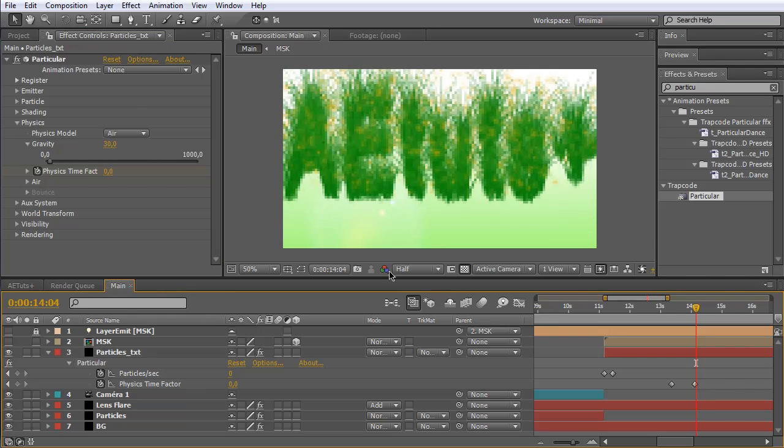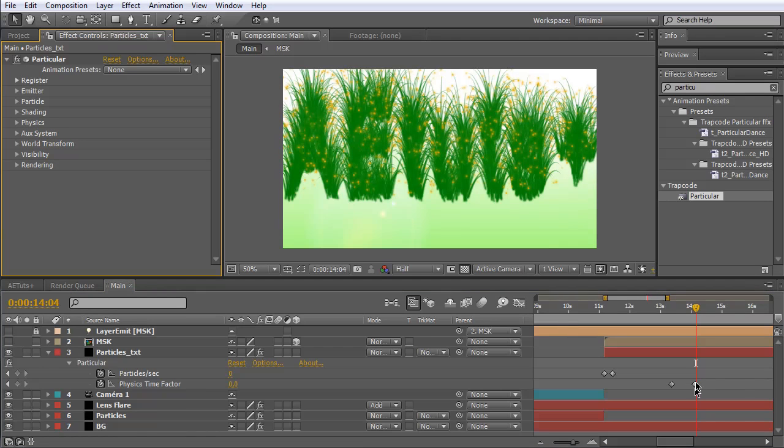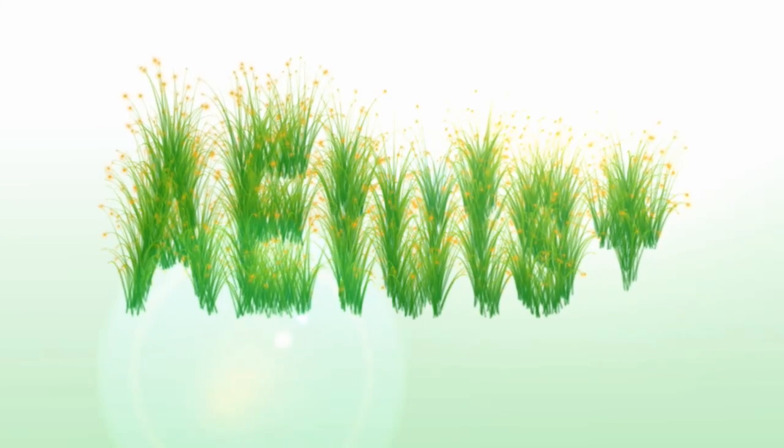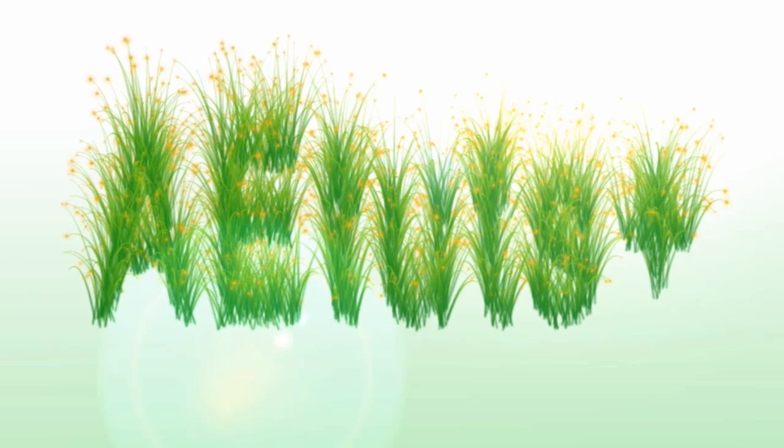Okay, so now you just have to play with the options to have exactly what you want, and maybe we can add a camera and so on to make a zoom like this. And to have exactly what you want, you can change the color of the life of the auxiliary system particles. And this is it. This was a new tutorial for